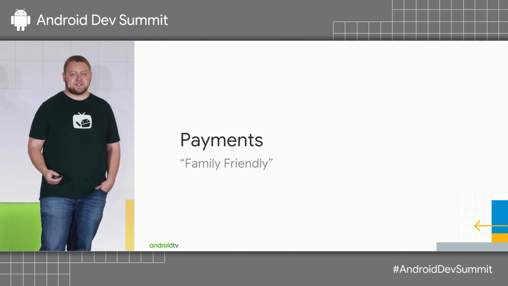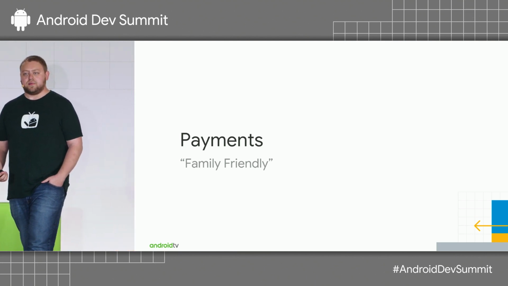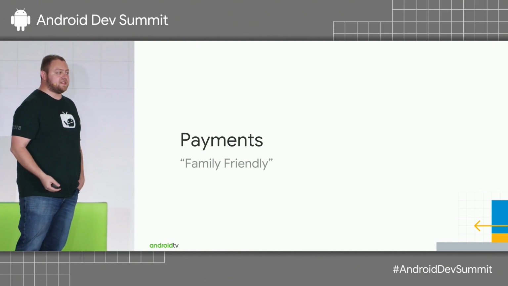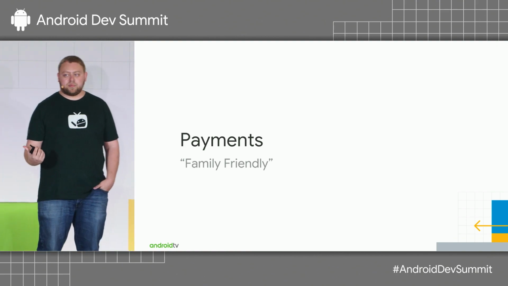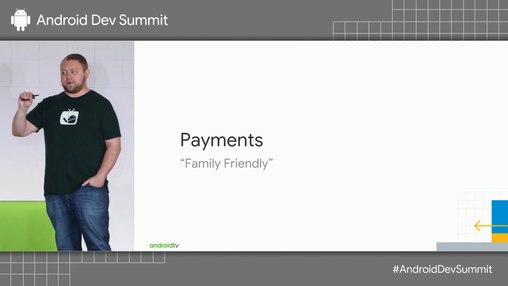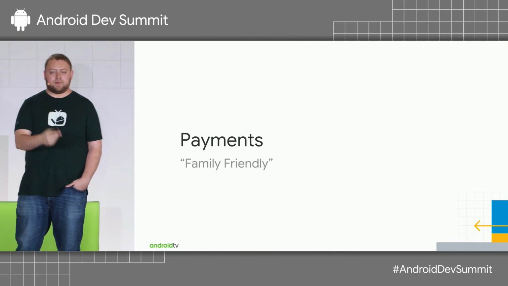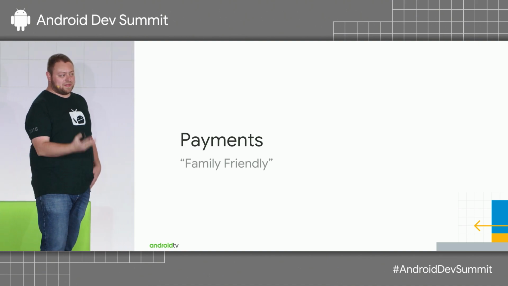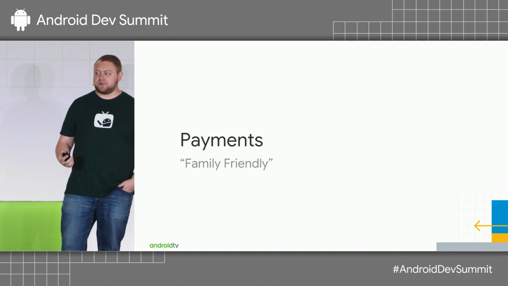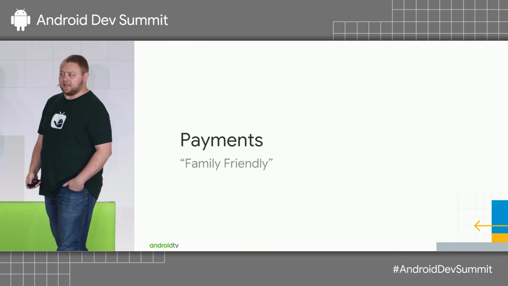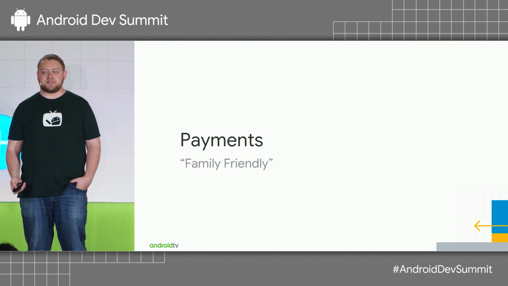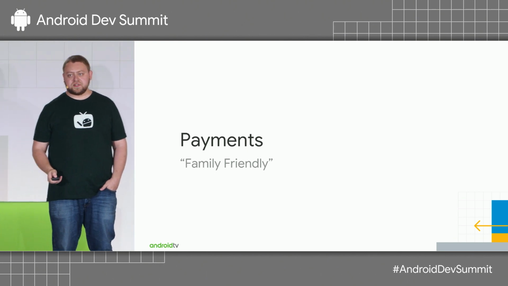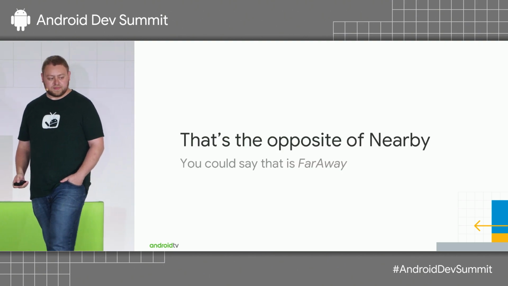Payments, I think, is kind of cool. It adds this family-friendly idea. Imagine you're at work and your kid is at home and they want to buy the next season of a TV show. You get a push notification, hey, are you sure you want to purchase this TV show? And you say, oh man, my kid's at home buying stuff. No. Or, oh man, my kid's at home, yeah, they're bored. Let me use my fingerprint or Face ID or anything from the phone to authenticate yourself. And all of a sudden, you just enabled a purchase at home from your office.